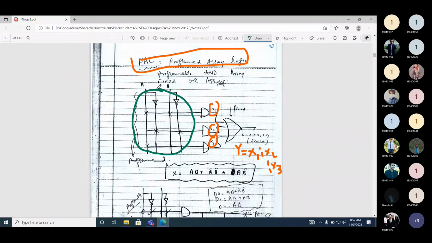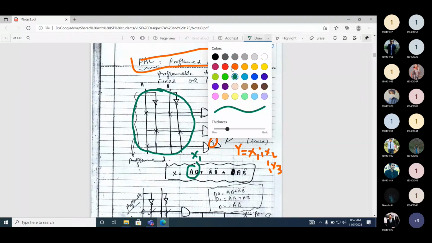Okay, is this a programmed device or an unprogrammed device? Programmed. Why is it programmed? Because we have crosses. And if it is unprogrammed, it means there will be a circle here, circle here, circle here, and circle here. Because it is programmed, what is the value of x1? A, B. So this is your x1.